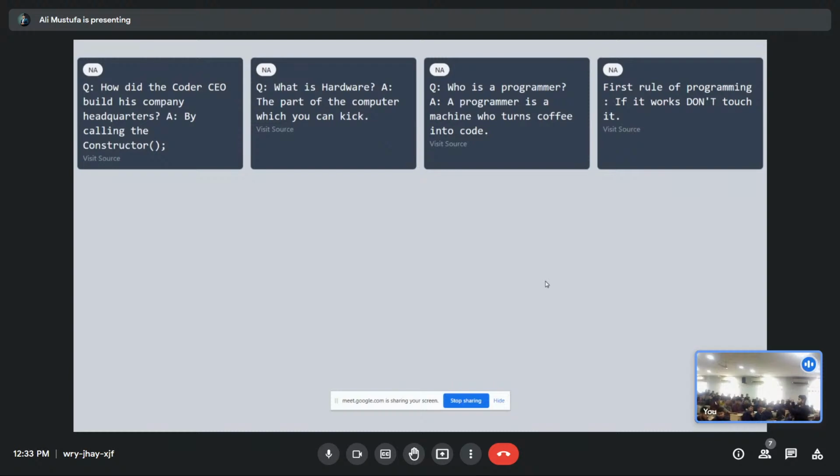Now I want you to see our jokes also. So we will add our jokes, yes. Now let's use it as an API, okay. So I want to see all of your jokes here, okay. But how will you do that? How will we achieve that? We will achieve that via API. Okay, so let's do that.